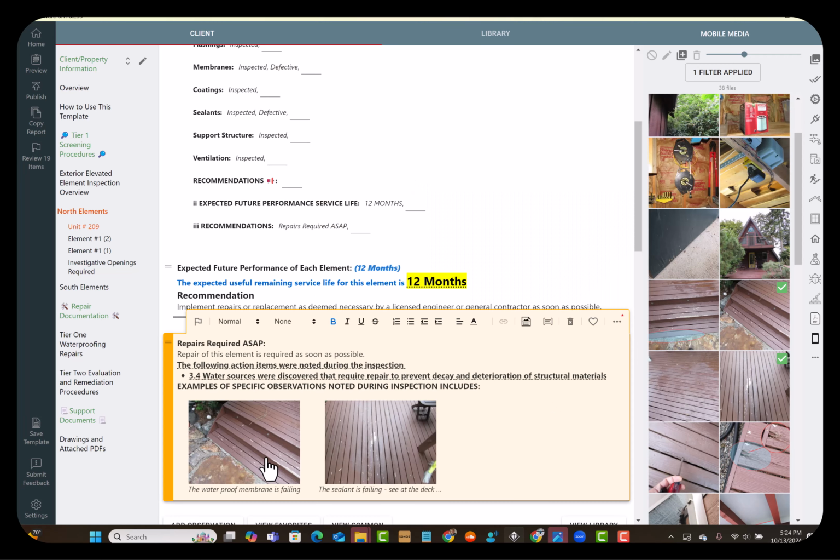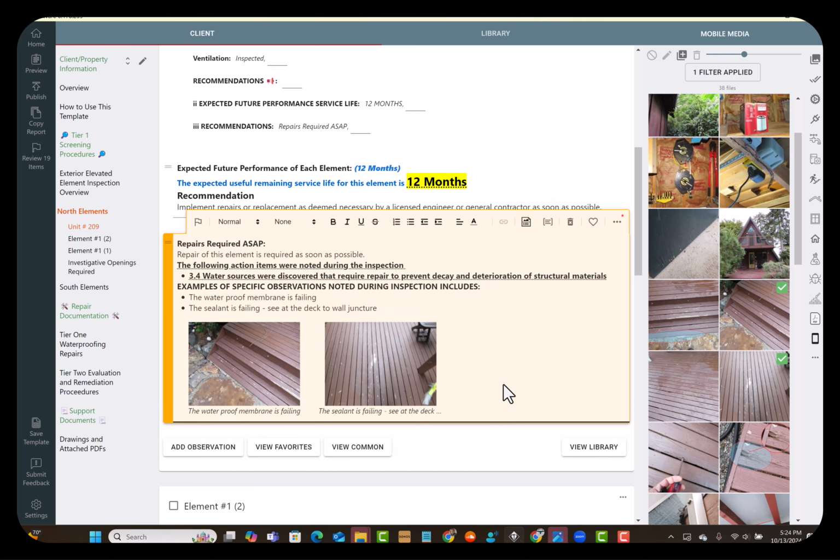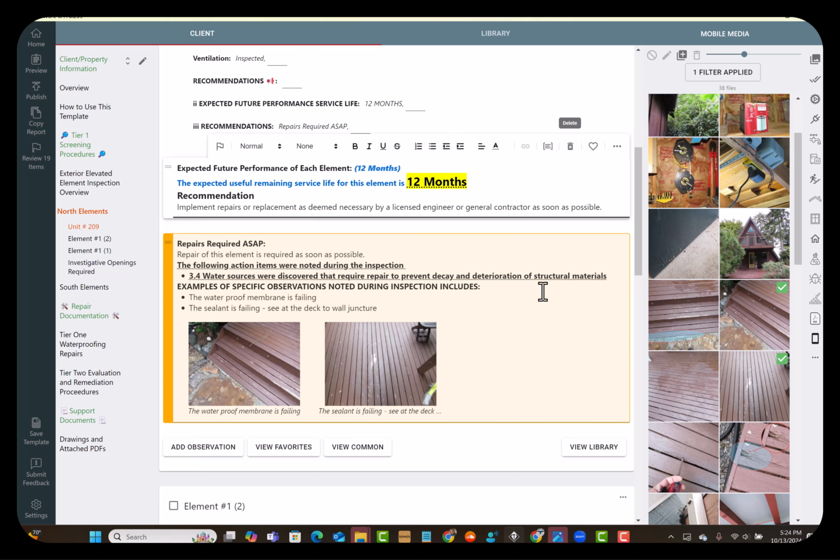So now we've got some pictures, we got some captions, and then you just put your cursor here, examples of specific observations noted during inspection includes, and then you hit that and make a little bulleted list. So that's pretty much it. And you really, if you get good at voice to text, you can do all this on a mobile app, and you can do everything with just speech to text and or type to text and or pre-made photo captions. So you have 3 different ways to add the photo captions, but the workflow that I'm encouraging you can be very detailed here. I mean, you could add 20 pictures and you could be very specific about what you're finding,